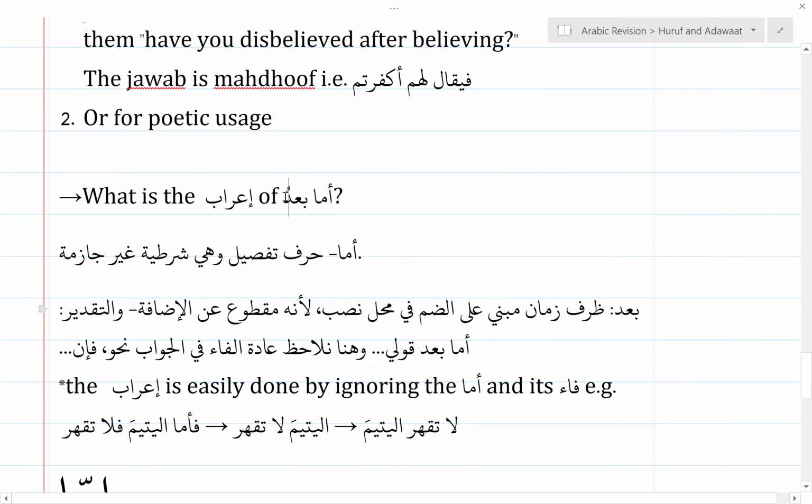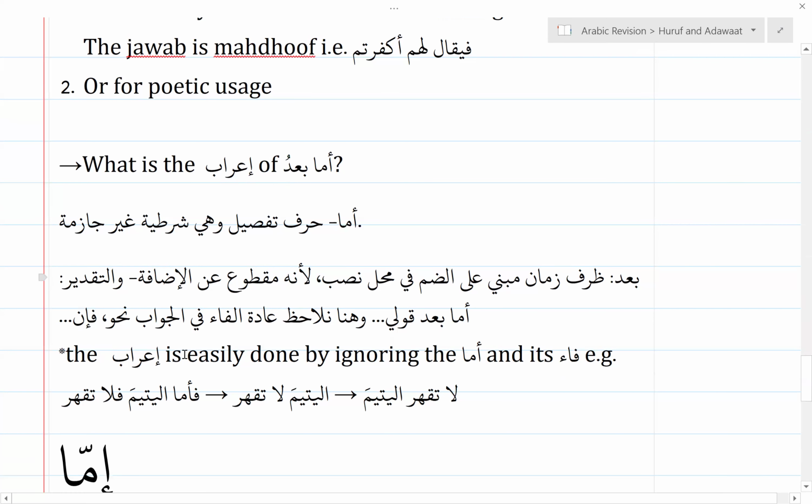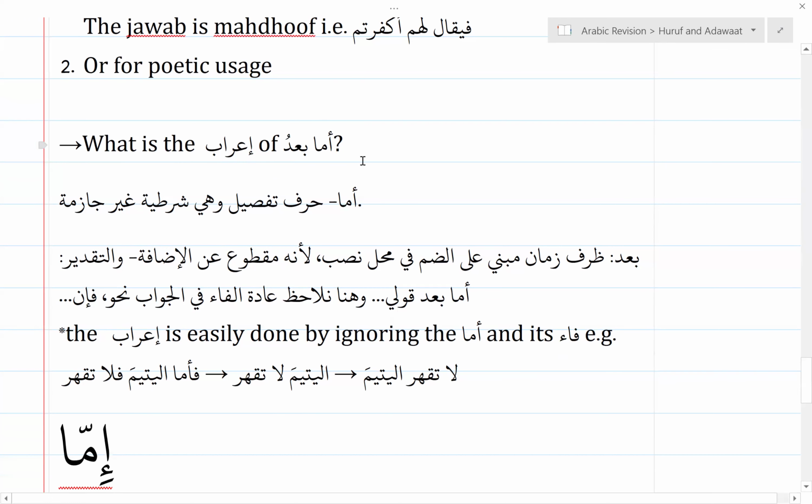All right. Now, if you say amma ba'd, what do they normally say after amma ba'd? فَإِنَّ أَصْدَقَ الْحَدِيثِ. Don't they say that? Fa. So they bring in the fa and they bring in the jawab. So you see it's amma, it's shartiya. As for what comes after, then, فَإِنَّ, and then they will go on and continue with the khutbah. So next time you hear the ustad or anybody else give a sermon, pay attention to what he says after amma ba'd. That's how you do the i'rab of amma.